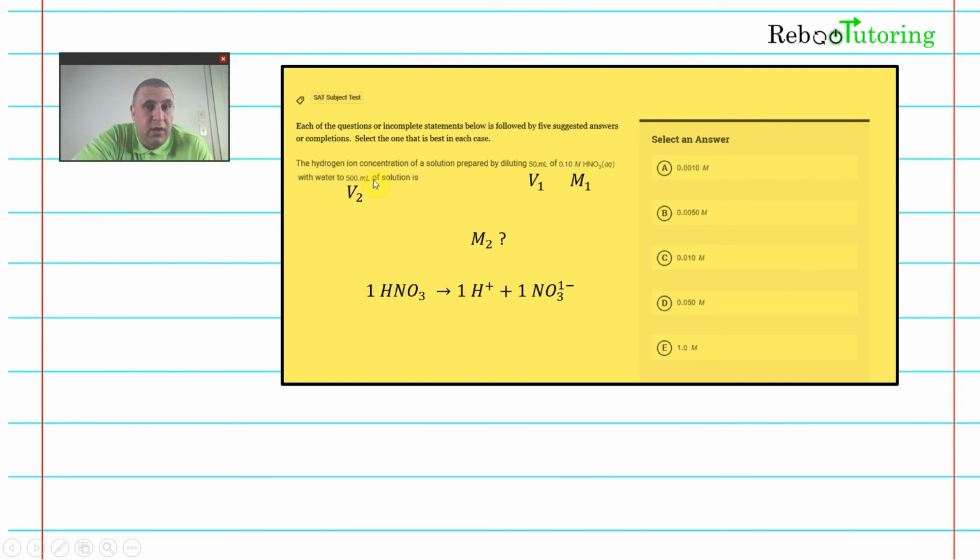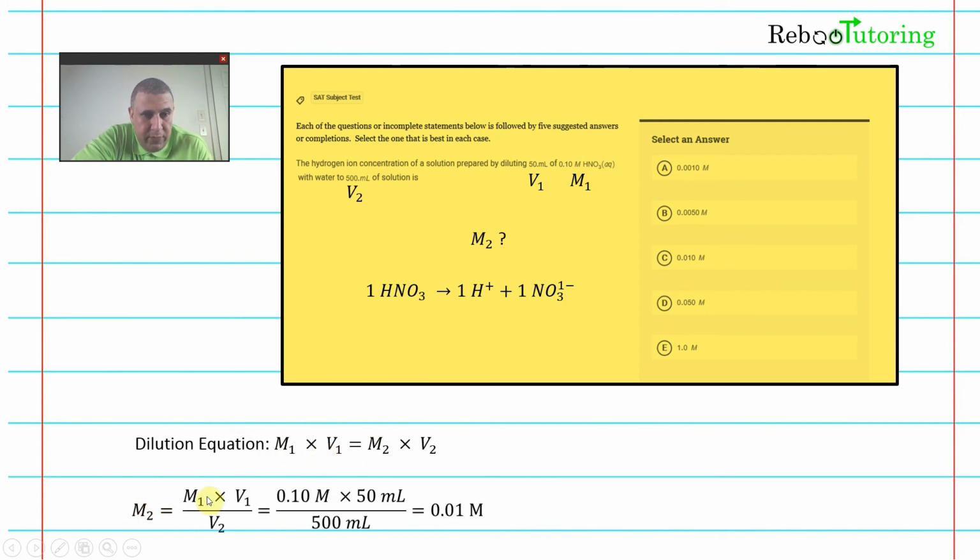hydrogen ion concentration. So we just need to apply the dilution equation, which is M1 times V1 equals M2 times V2. We solve the equation for M2, and then we plug in the values we have. So you can see here we have M2 equals M1 times V1 divided by V2 is equal to,